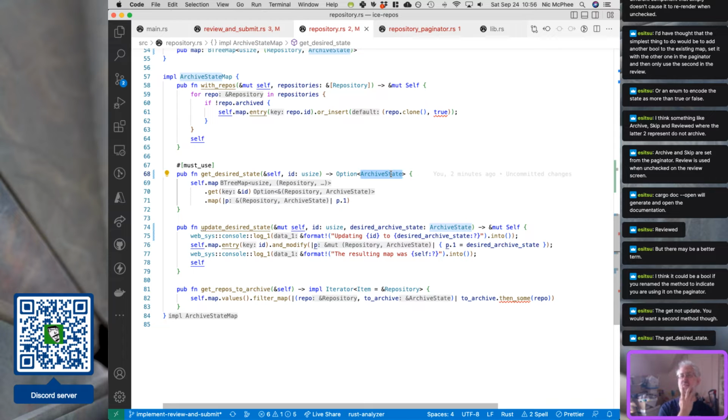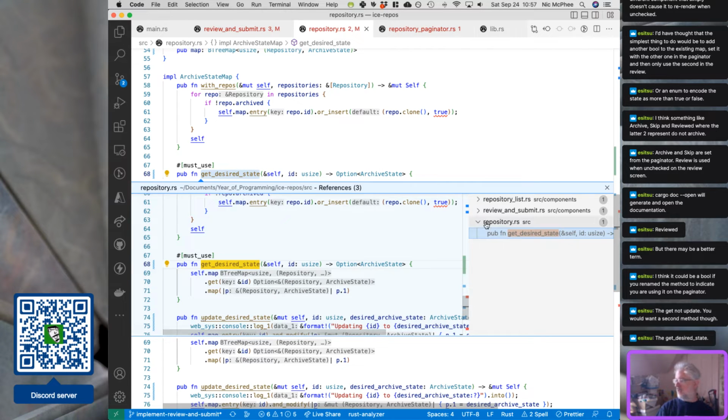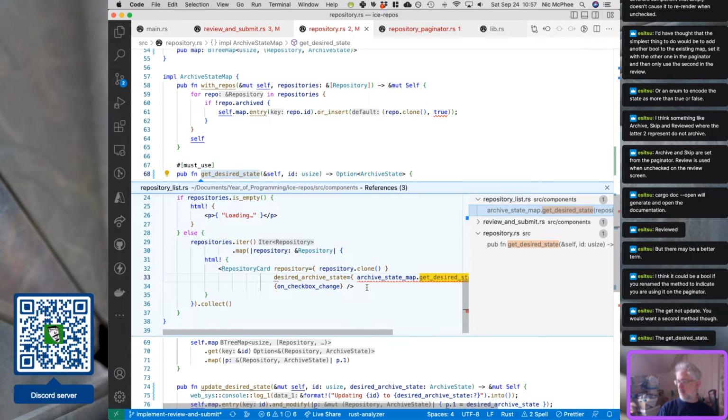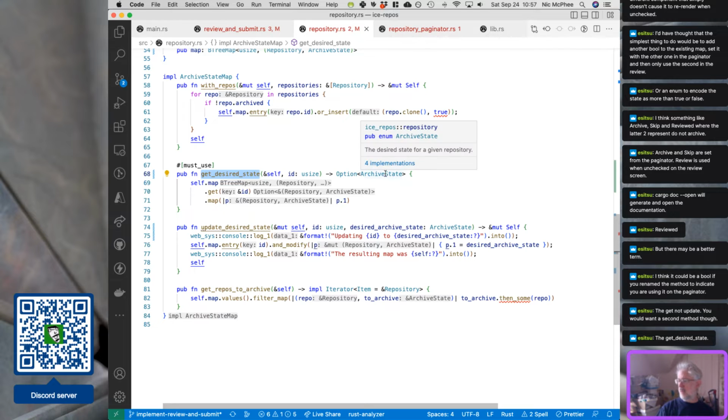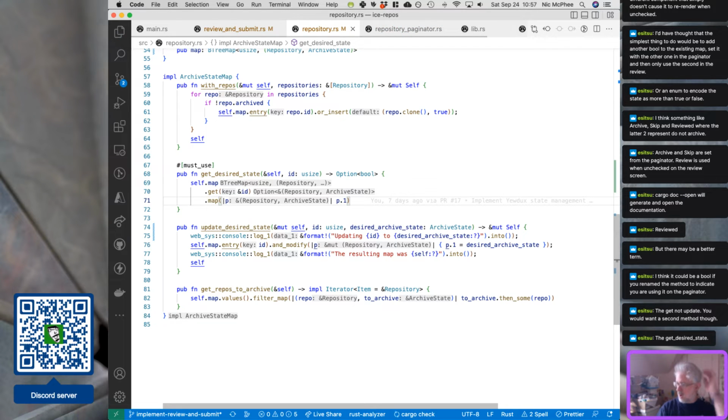Because if this returns a boolean, we can use it to display things. Where is this called? So we call it in repository list, presumably to decide whether to display something, a checkbox, and this is also going to be a checkbox. So having that return a boolean does make a lot of sense here. So we can take this back to a bool, and now we're going to have to have something that converts